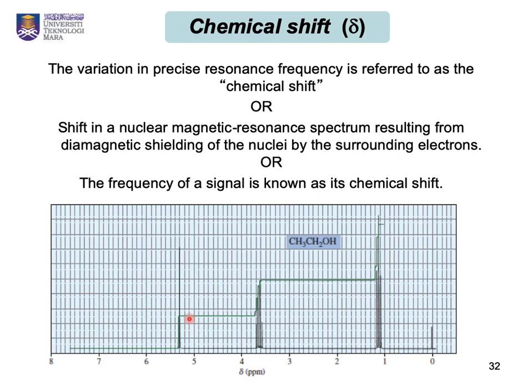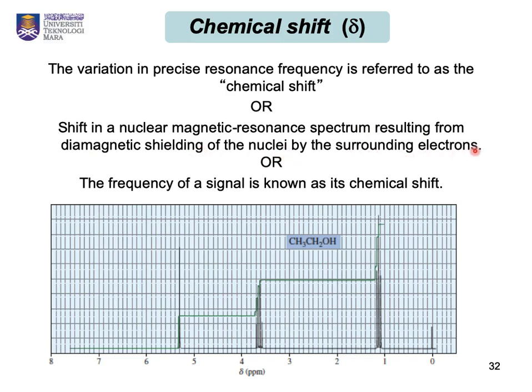So first we'll see what the chemical shift is. Chemical shift is actually the variation in precessional or resonance frequency, which is referred to as the chemical shift. Meaning the precessional frequency of the proton or of any nuclei, right, is called the chemical shift. Or one can define the chemical shift as a shift in a nuclear magnetic resonance spectrum resulting from diamagnetic shielding of the nuclei